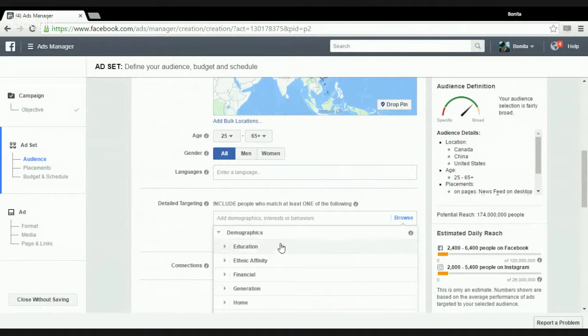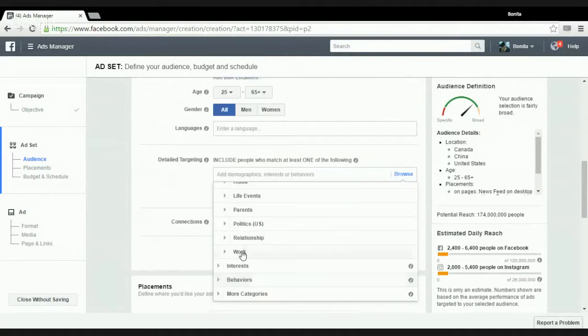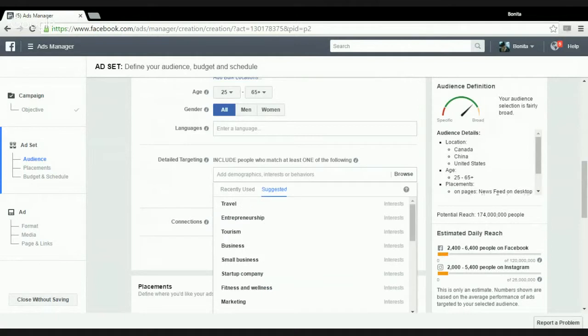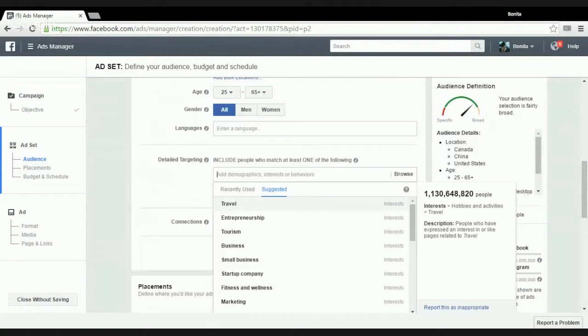And do I want any more demographics like education, ethnic affinity, generation, home owners? Not necessarily. Do I really need parents? Do I need somebody in politics, somebody in relationship? I would like people who work, but I don't have to use that. Most of the time, it's going to be somebody who works anyway, who's going to be looking for travel. No one I want to exclude here. Connections. Add a connection type. I'm sorry, I skipped something. I don't want demographics, but I do want travel,